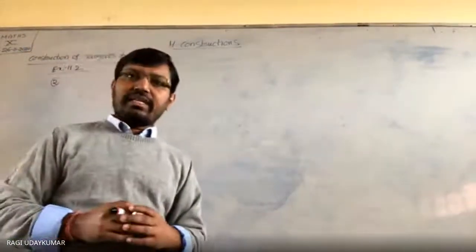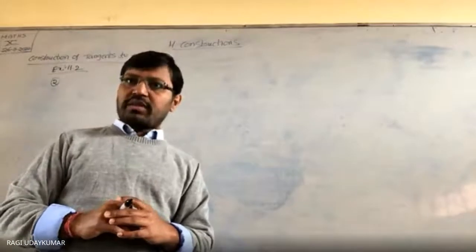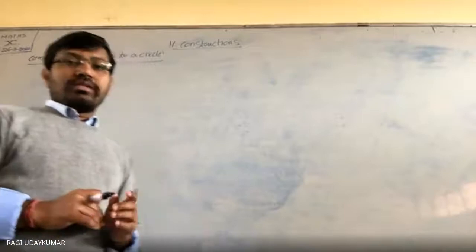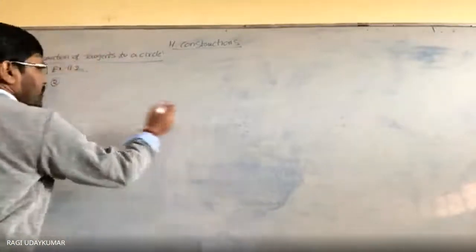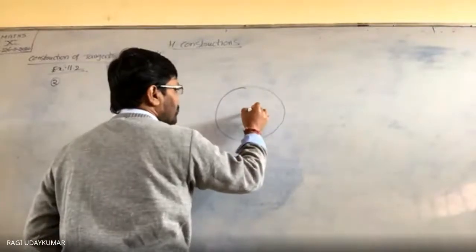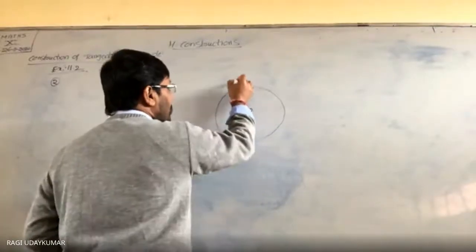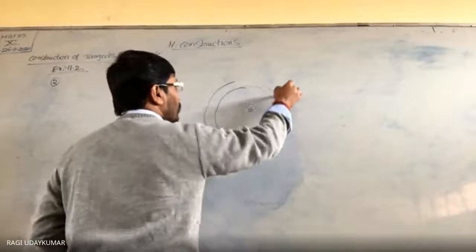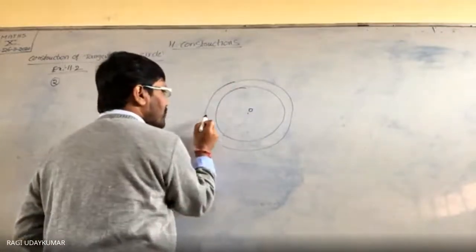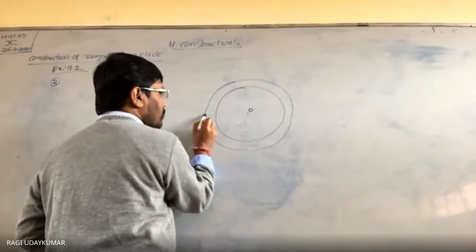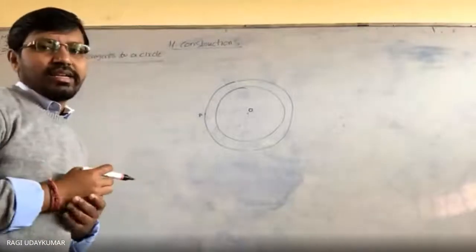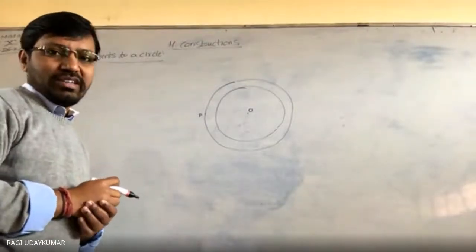Second problem, see, construct the tangent to the circle of the radius 4 centimeters from a point on the concentric circle of the radius 6 centimeters. So the concentric circle of the radius 6 centimeters means draw the circle of 4 centimeters. Let us consider the circle with 4 centimeters, and draw the circle for 6 centimeters. So from a point outside, A 6 centimeters. So this is a point P. Instead, to confuse you, another circle is asked to be drawn.